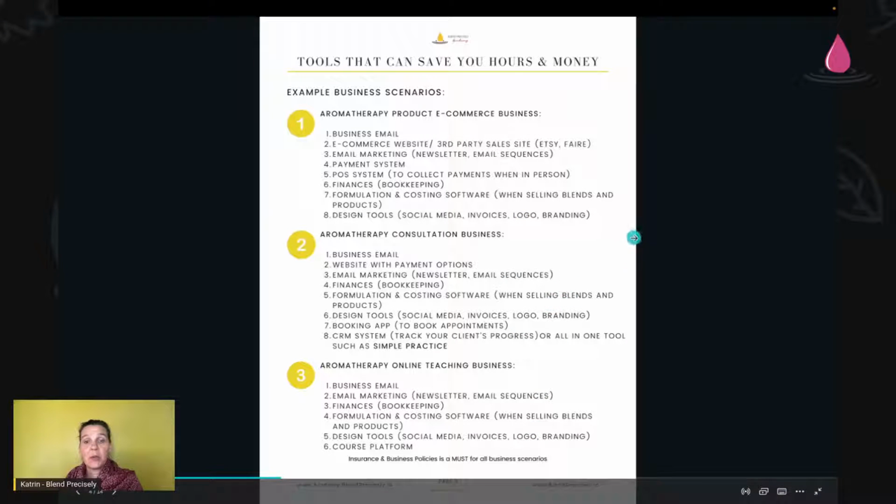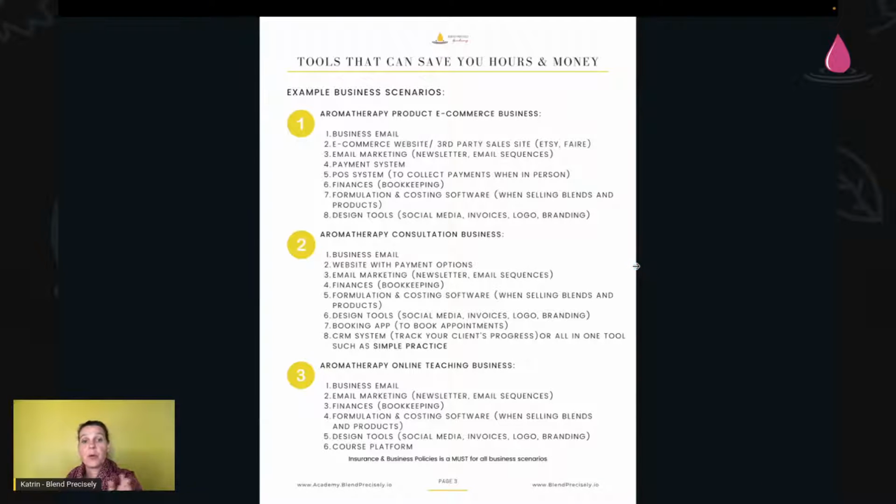You do need an e-commerce website of some sort, or you could also start selling your products first on Etsy or Fair Marketplace. There are different versions as third-party sales. If you're not ready to build your website, you don't have to. You can just go straight to Etsy. Yes, the competition is much larger, and it's also more difficult to really get through the noise there, and you don't have your website, but that could happen at a later point. Or you start out with both of them. It depends.